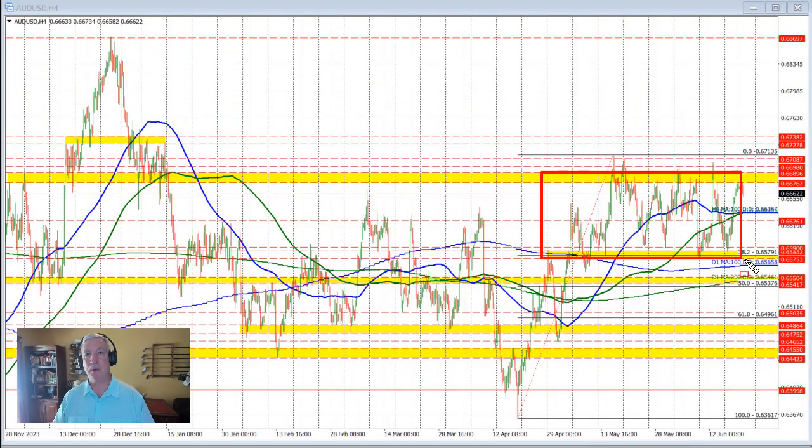This is a Forex Quick Look. I'm going to take a look at the Aussie versus US dollar from a technical perspective. Today's date is June 20th, 2024. Let's get started. If I go back in time and put a red box around this area right through here,